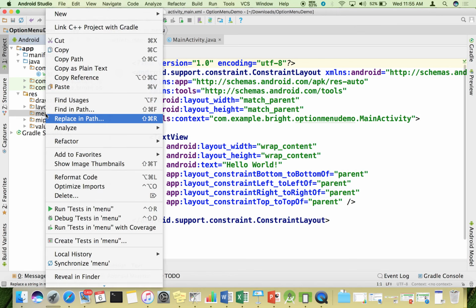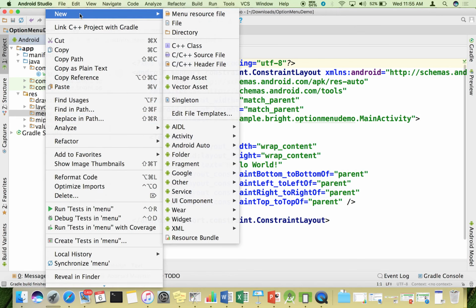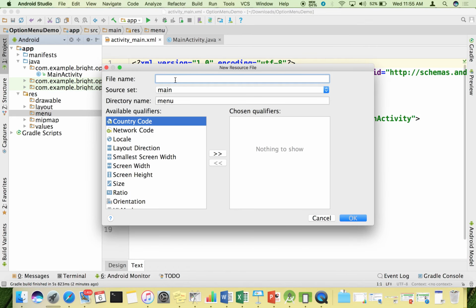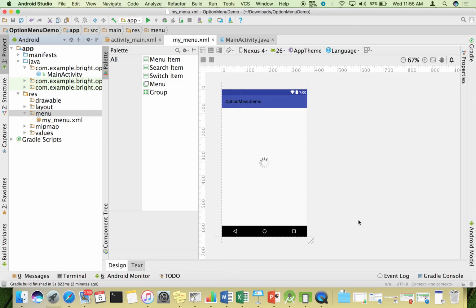Now right click over this menu, select New, select Menu Resource File. I'm going to name my menu XML file my_menu. Select OK, and you can see that the XML file is created. Now I want to place some menu items here in the action bar. Either you can just select and drag and drop it, and you can see it here,